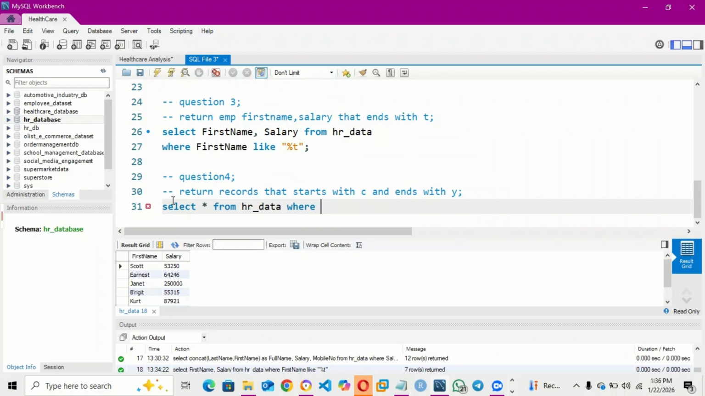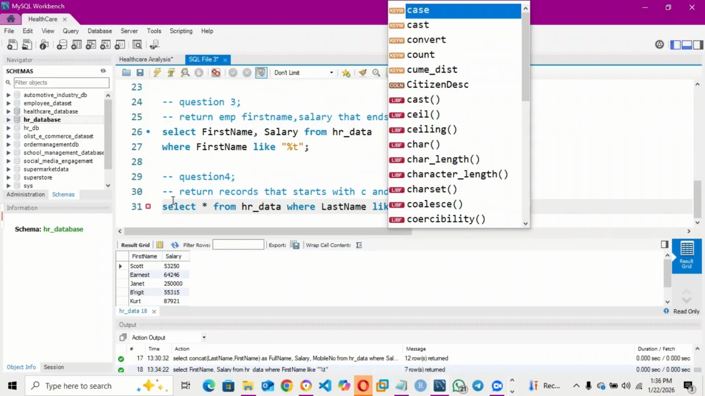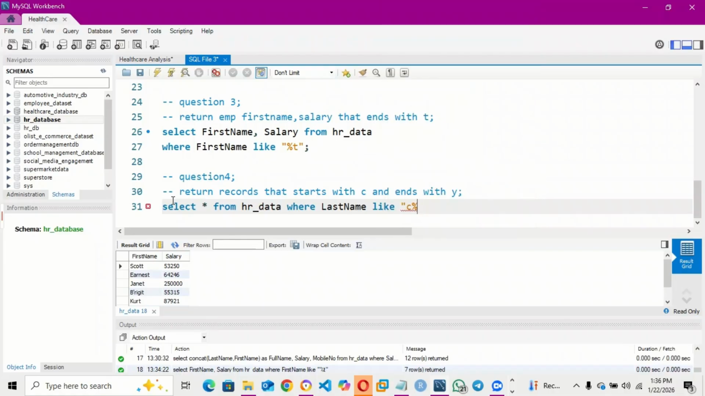So WHERE last name LIKE, so it says that starts with C. Always know you have to put it inside a quote. So LIKE 'C, and then it ends with Y, so we put in our percentage sign, then Y and our closing quote. Okay, don't forget your semicolon. So once you run it,